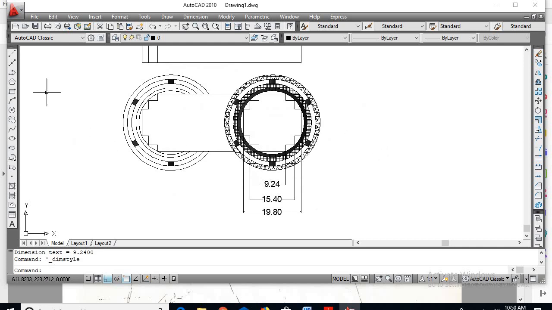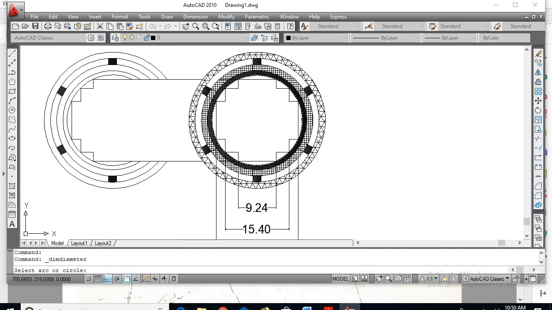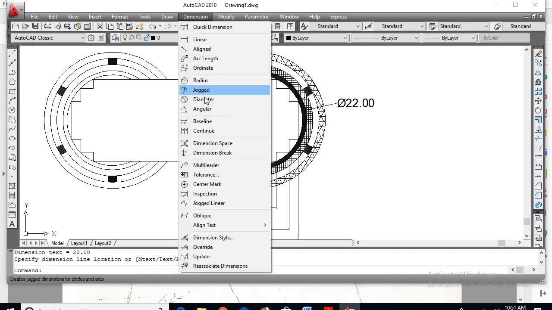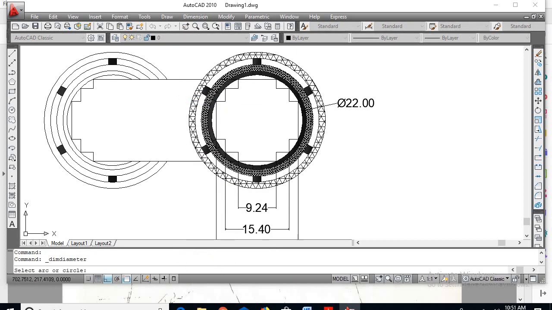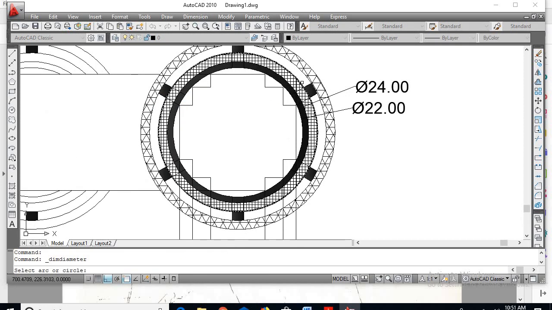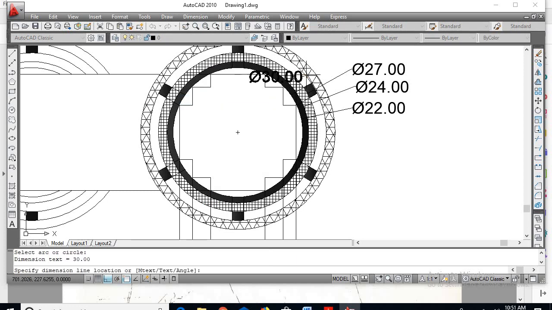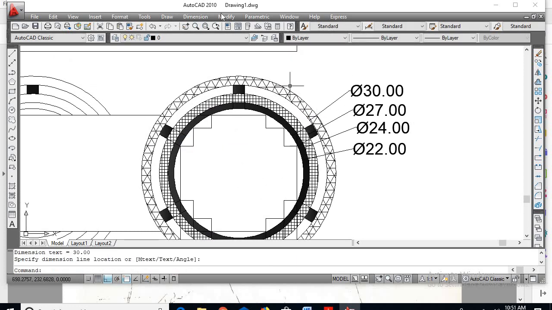Okay. Now diameters. Go for dimension, diameter. This is the first diameter, 22 centimeters. Next diameter, inside diameter 24 centimeters. Dimension, diameter is 27 centimeters. Diameter 30 centimeters.